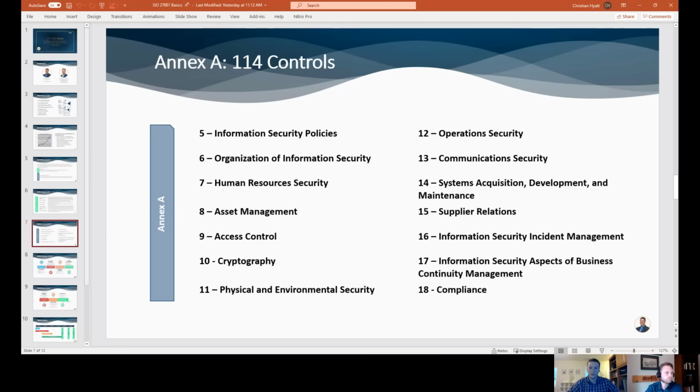So 16 is a very useful section, because it's one that we should all be ready to put into action, because we're all hoping we don't, but we'll most likely be hit with some kind of information security incident.